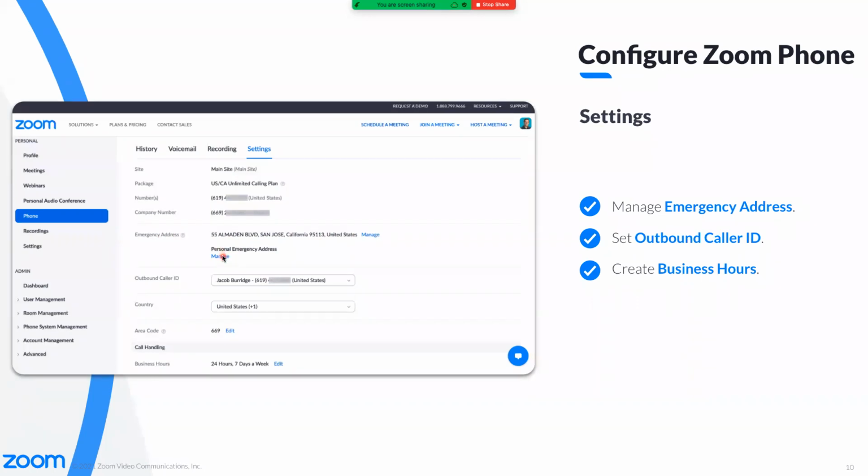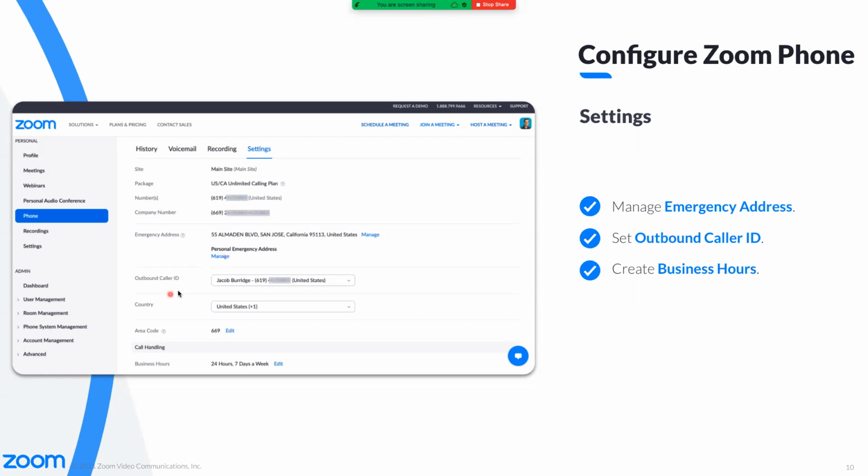If you're currently working from home, you would want to manage a personal emergency address. Often a question that comes up here is, well, if I'm on the go and I have a specific emergency address program, how does that work? Well, your mobile phone and your laptop can also share its location with Zoom for the purpose of the emergency address. So if you choose to allow the Zoom app to locate you, it will automatically find the closest address to